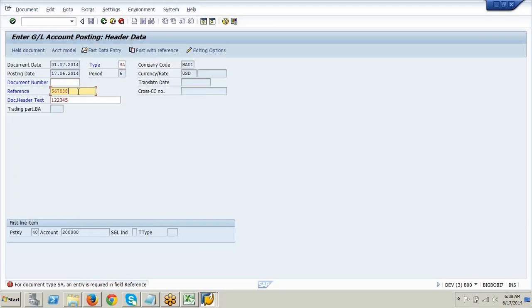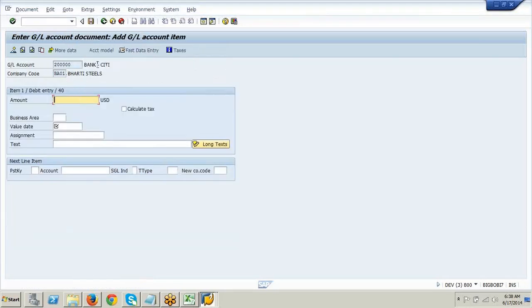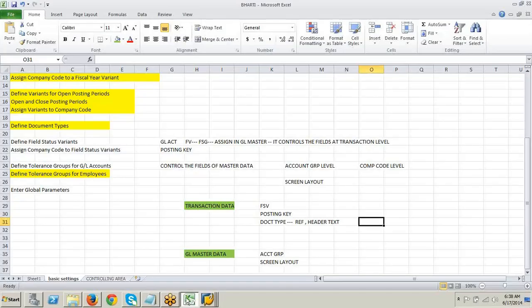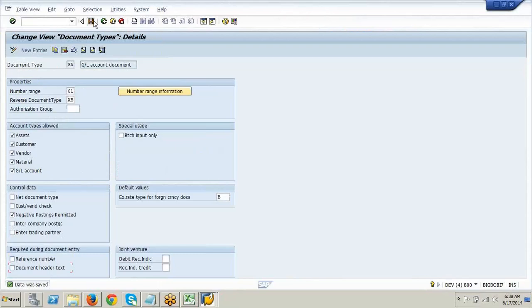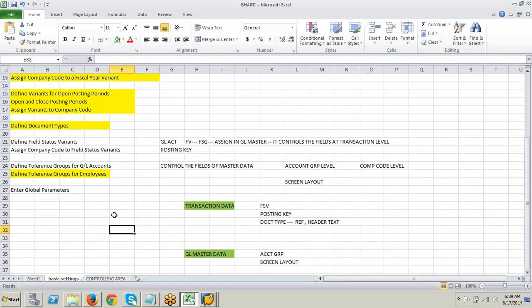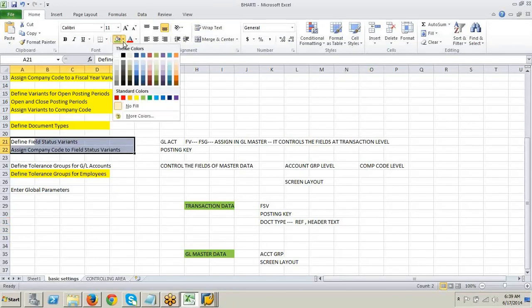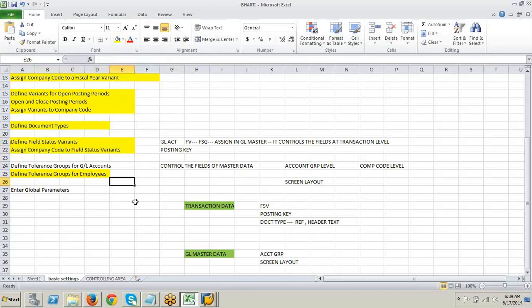If you want to pull up a report or transaction data based on certain criteria, you can pull up. So you should have a clear clarity on this, at what level you can control what fields. This was all about the field status variant.